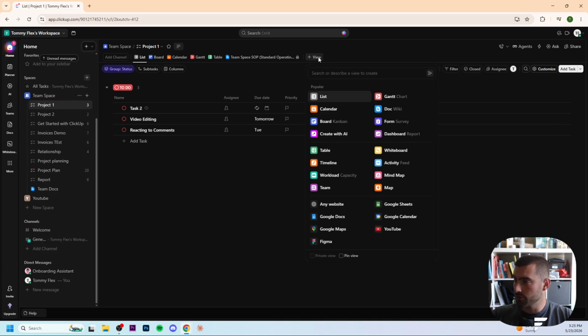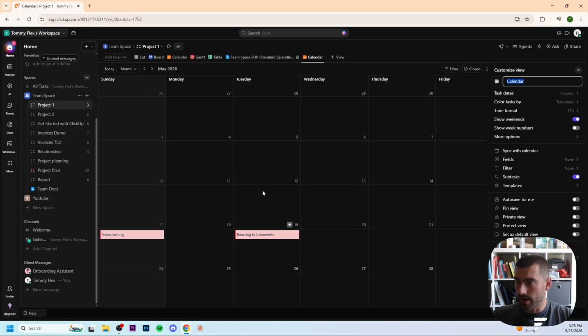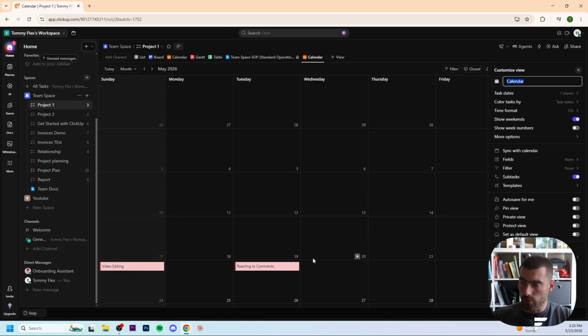Then we go right here to View, where we can select right here Calendar. And then right here, if you can see, you will find right here the Calendar View with our tasks in the calendar. Then right now you see here the view, and you can change right here a lot of stuff